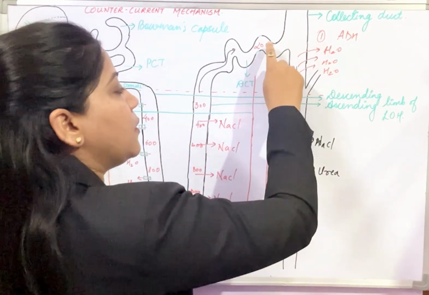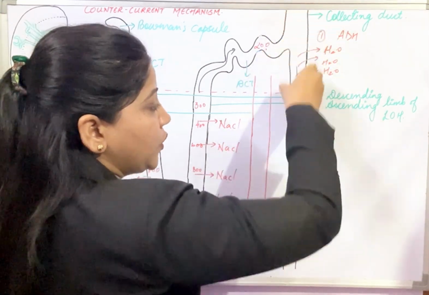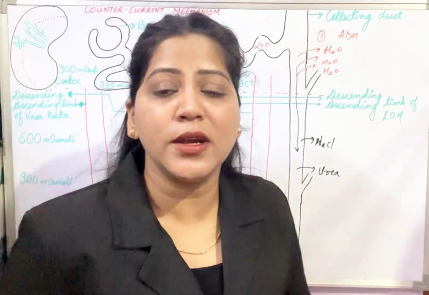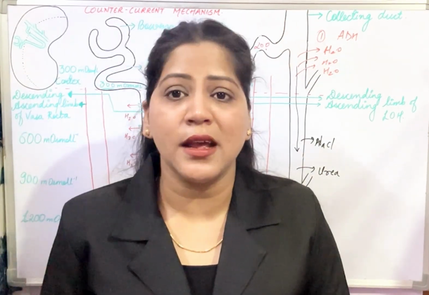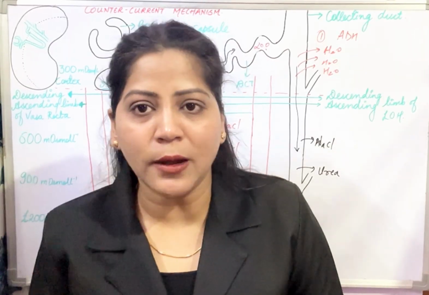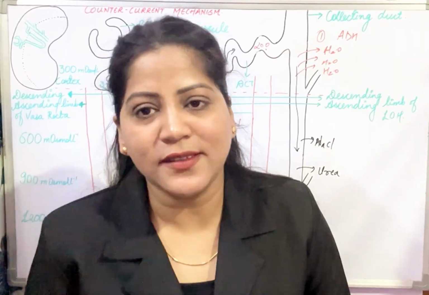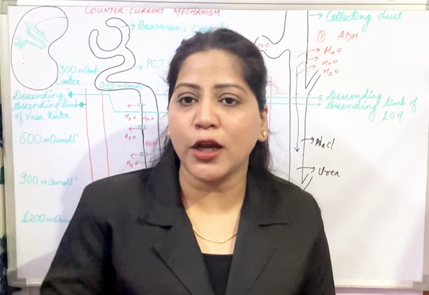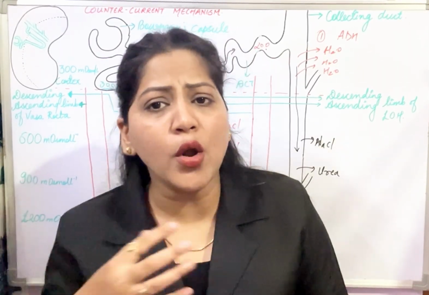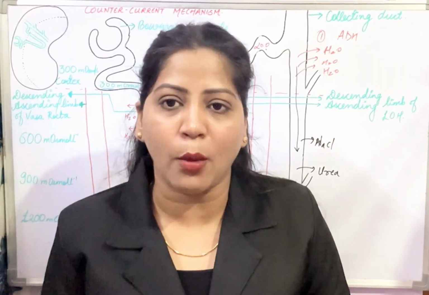After that, when it becomes dilute, it will come into the collecting duct, and when the ADH is released, because your body is fighting with the stress of water, ADH hormone will be released from the posterior pituitary gland and will act on the collecting tubule, resulting in more and more reabsorption of water molecules from it, right?